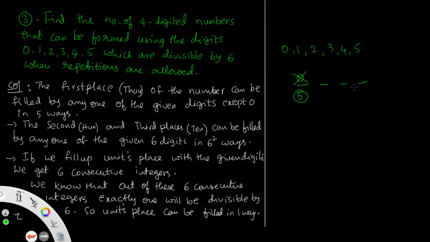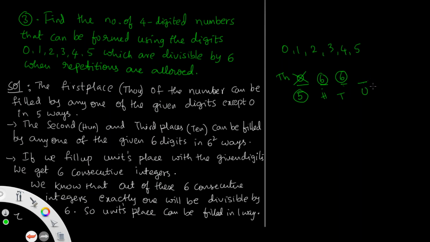And the next continuation, say the units, tens, hundreds, thousands places. In the hundreds place and tens place, we can use 0 also. So the maximum number of digits is 6. So this can be done in 6 ways maximum. Here also using 6, so there is no problem. Then here also you get 6 ways maximum.